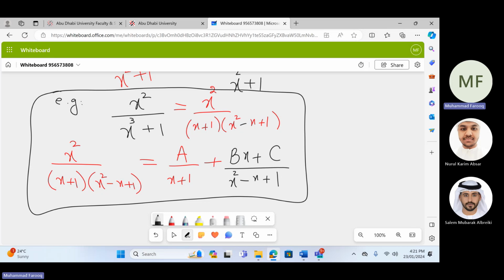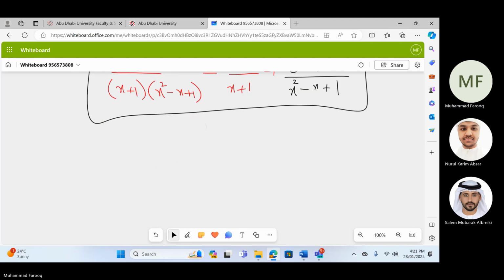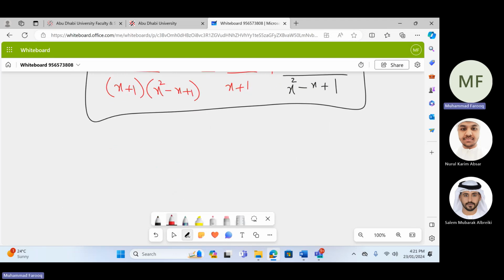If it's not proper, if the up degree is bigger than the down, we do long division. Right now, up is smaller, so it's fine. So please, do you understand here? One last case, case number 4, which is again related to the quadratic factor. So two cases for linear, two cases for quadratic. Now, for example, if you have